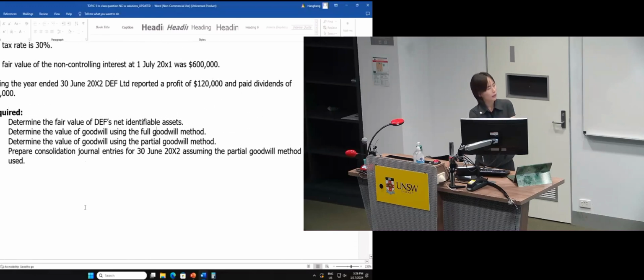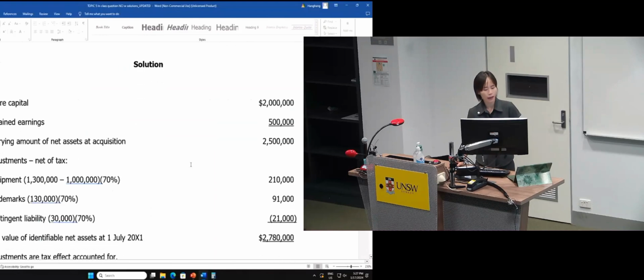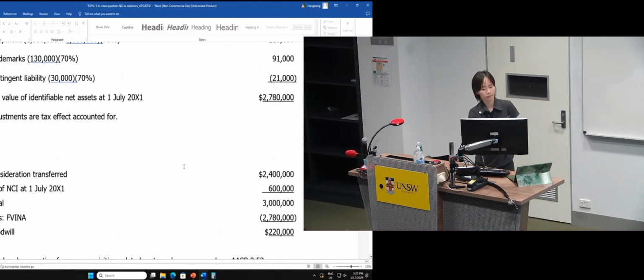Now, moving on to the second, determine the value of goodwill using the full goodwill method. When applying the full goodwill method, we need to know the fair value of NCI, right? So consideration transferred plus NCI fair value, you get 3 million. And then compare that with AFINA, the fair value of the subsidiary's identifiable net assets. Now the difference represents the goodwill. So that is the total goodwill